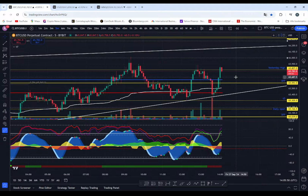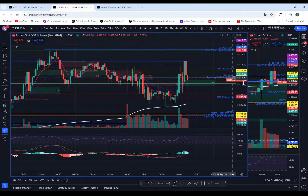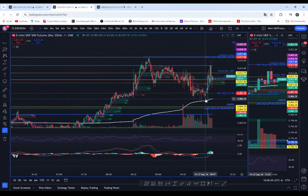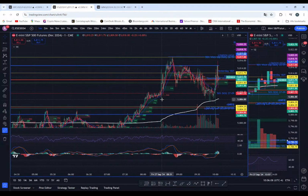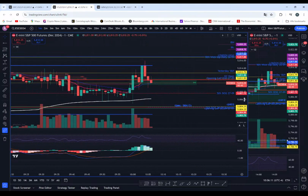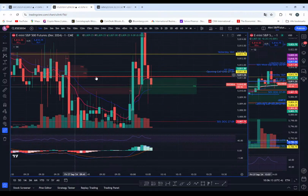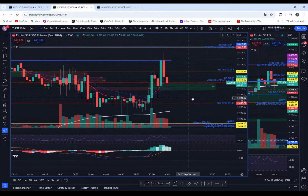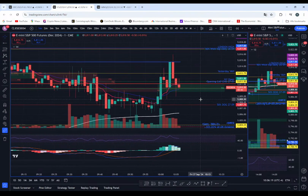BTC not doing a whole lot here. I mean, we can wick lower, but actually since we completely filled the fair value gap here, and a thick red line is the daily point of control, we could still go higher. Maybe I will re-enter them, but